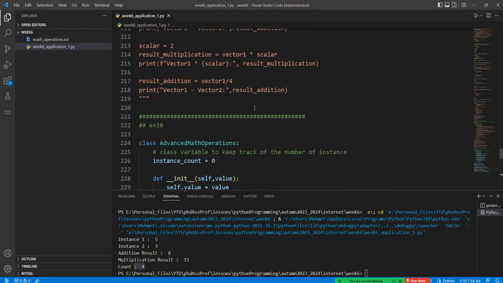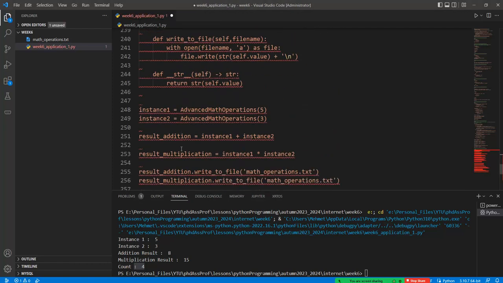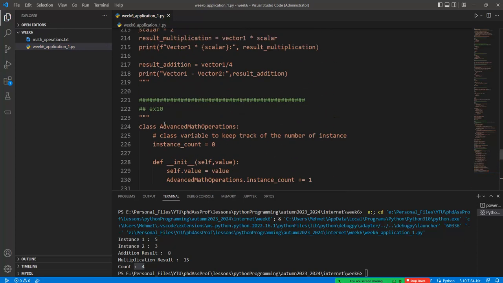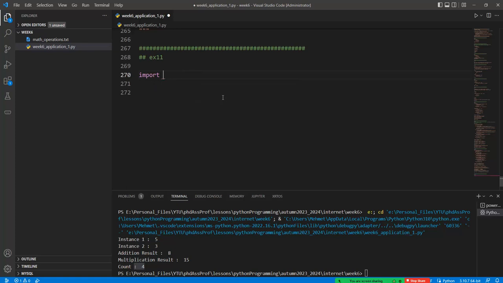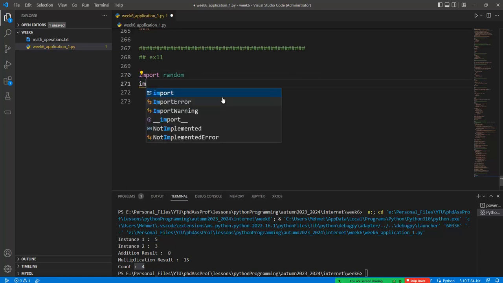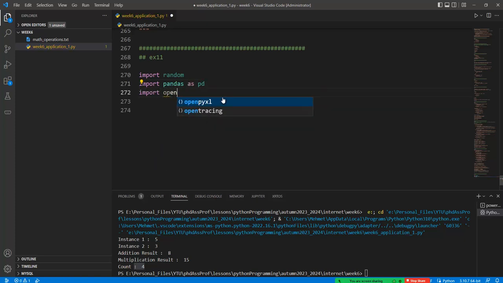Talk about the inheritance property in Python programming language, okay? But firstly, we need to analyze another advanced math operation. In order to do that, we need to import some specific libraries: random, import pandas as pd, import openpyxl, and import matplotlib.pyplot as plt. Okay, so this is the visualization or the demonstration of the codes in the advanced math operation